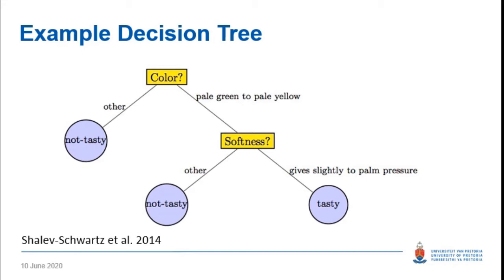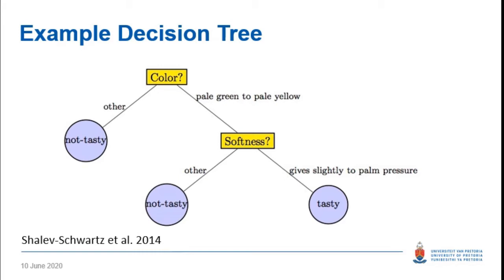So if you look at the color, if it's pale green or pale yellow, then it will be tasty, but if it's any other color, it's not going to be tasty. And then after you look at the color, if it's either pale green or pale yellow, that's not the deciding factor. You then have to look at the softness, and the way the softness is determined is by palm